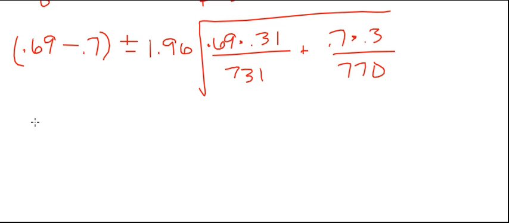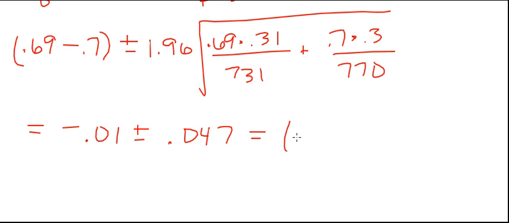Alright, and so that's going to be equal to, I'll get this difference first, negative 0.01 plus or minus, and then I'll calculate this right here, that's going to be 0.047. So our confidence interval is going to be negative 0.01 minus 0.047, that's negative 0.057, and then negative 0.01 plus 0.047,